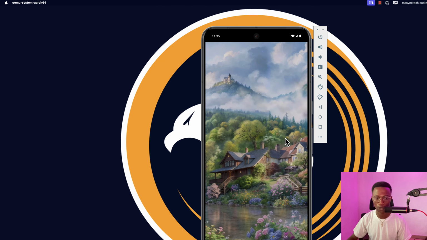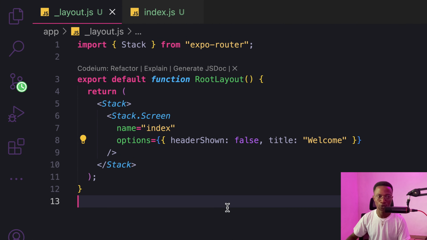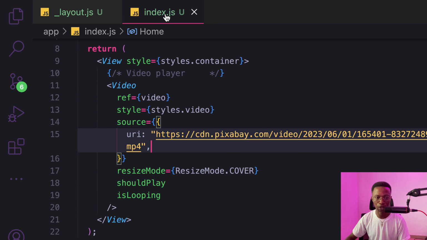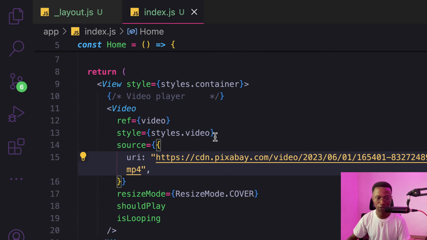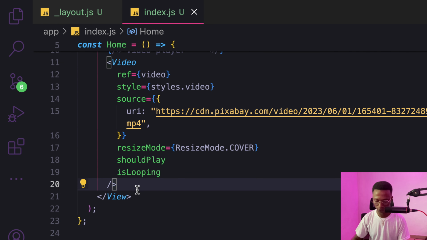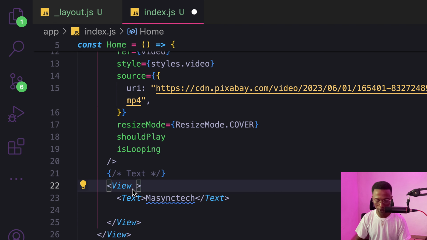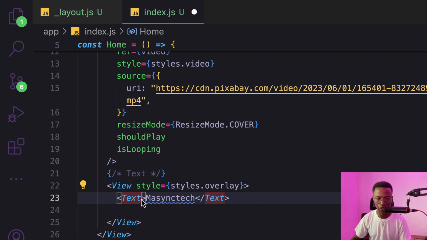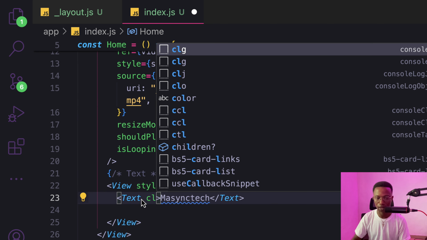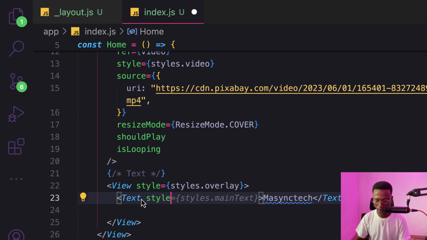And there we go. What is left is the text on it, and then the login and the register button. So let's locate the home page, which is this one. Now you're going to have one for the text, and inside you're going to have the following text. And for the container for this, we're going to provide a style by using style.overlay. And then for the individual ones, provide a style and it's equal to